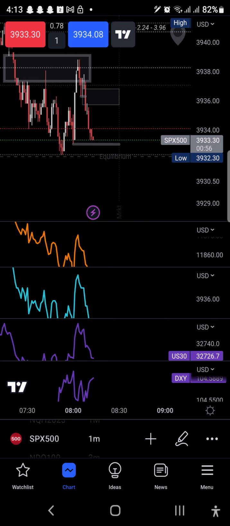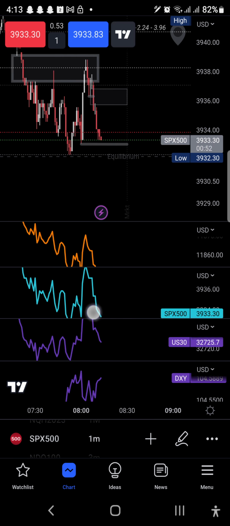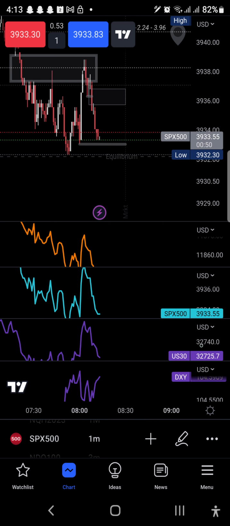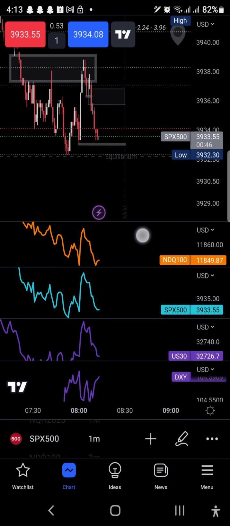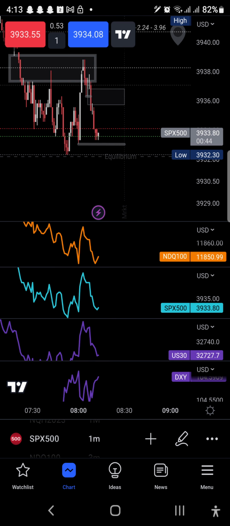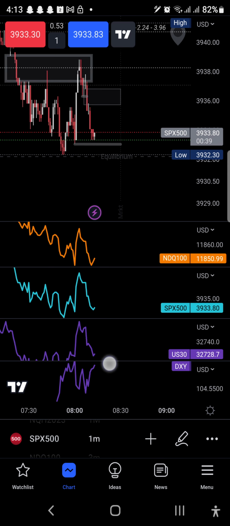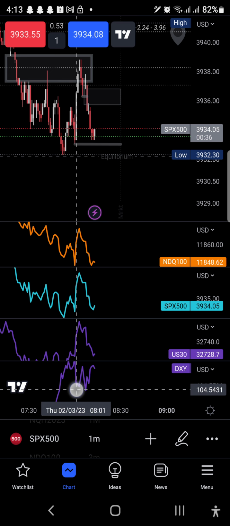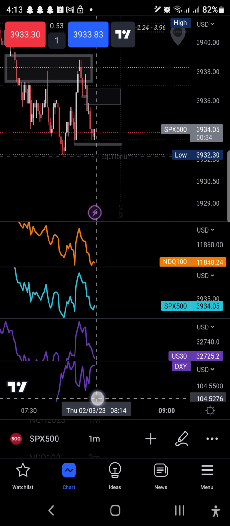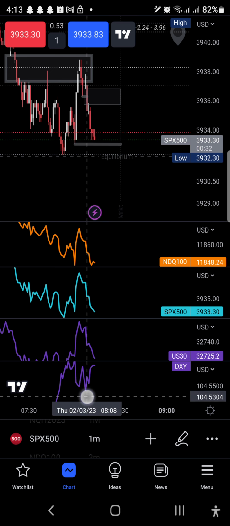All right, all right, all right. So what's happening here? What's happening here? If there is going to be an entry, there's going to be an SMT right here. I'm looking at the tops and the bottoms. The bottom of Dixie and the tops of the indices. So far, everything is in correlation. The minute there's a crack,